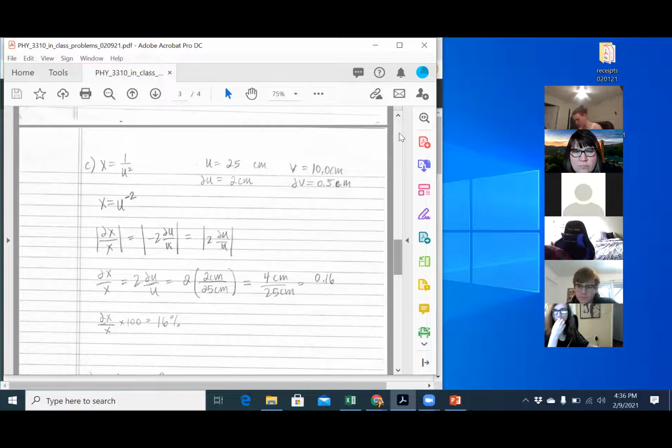Well, it would be right, but this is safer, I guess you could say. It's more appropriate to do. I'm calculating 16%, which would actually round up to 20% if I was using my sig figs correctly. So my estimate is more conservative than yours,